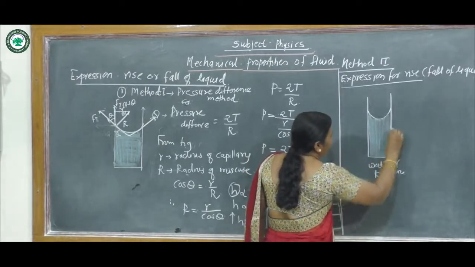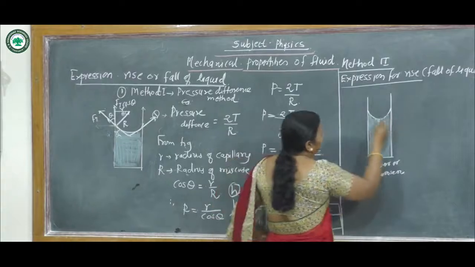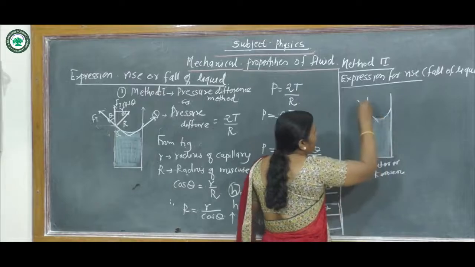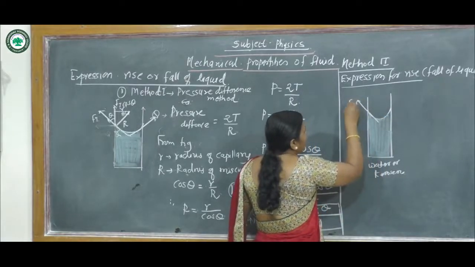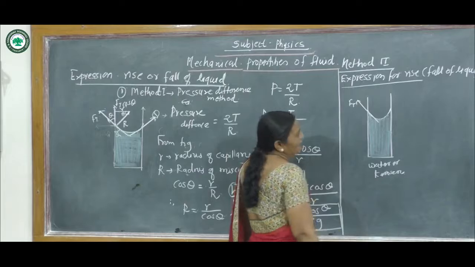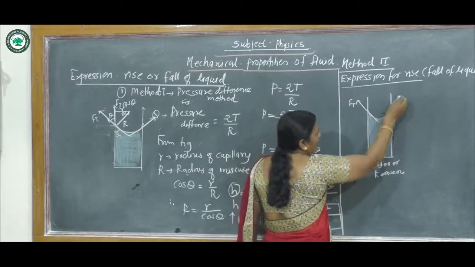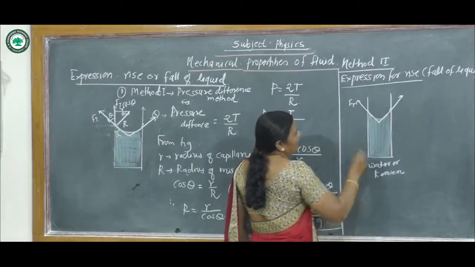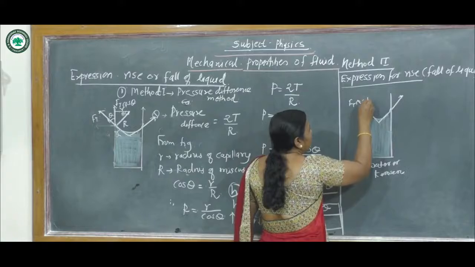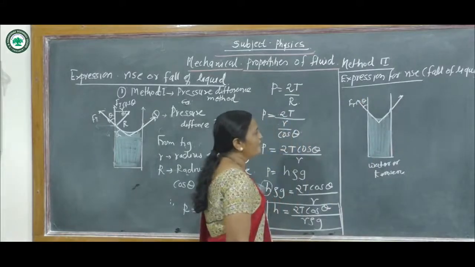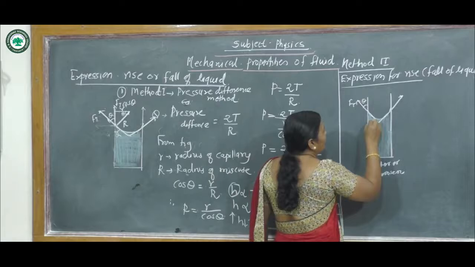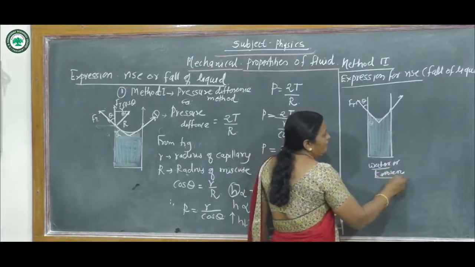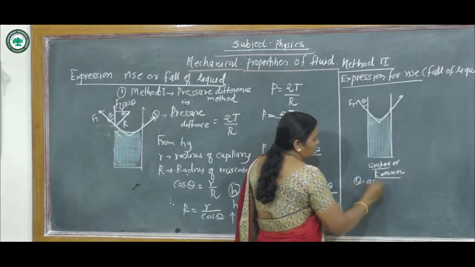If we draw a tangent to the free surface, it gives the direction of the force of surface tension. Again draw a tangent here, we get the force of surface tension here. Now the angle of contact is theta. This is also the angle of contact theta. Theta is the angle of contact. In the case of water or kerosene, this theta is acute.